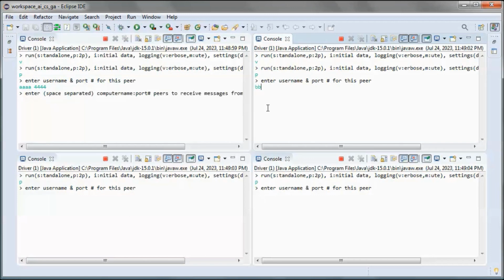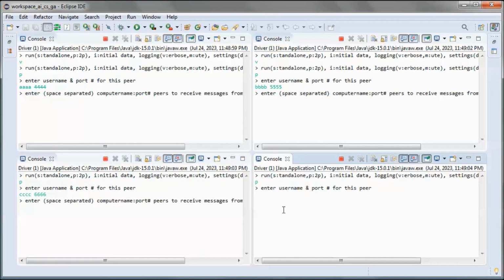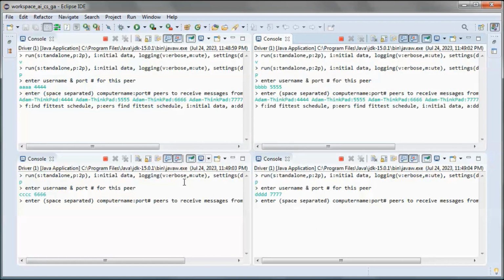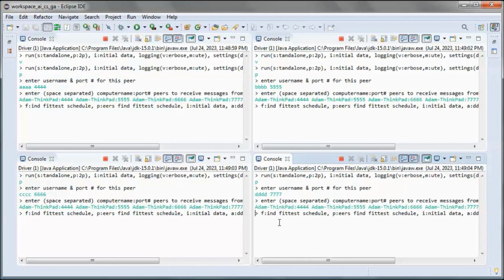This is the first peer, and this is the second one, number 3, and number 4, and they will all be picking up messages from each other. And this will trigger all the peers to try to find the fittest schedule.